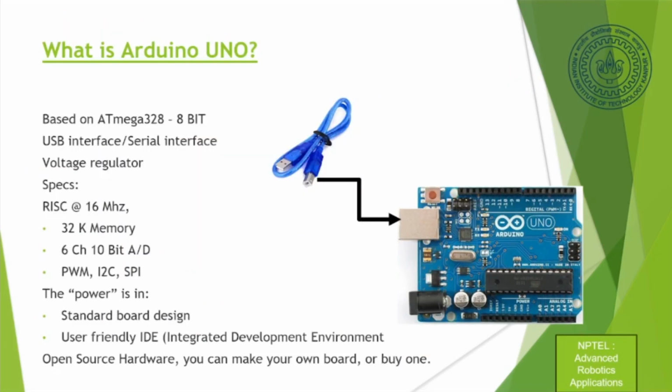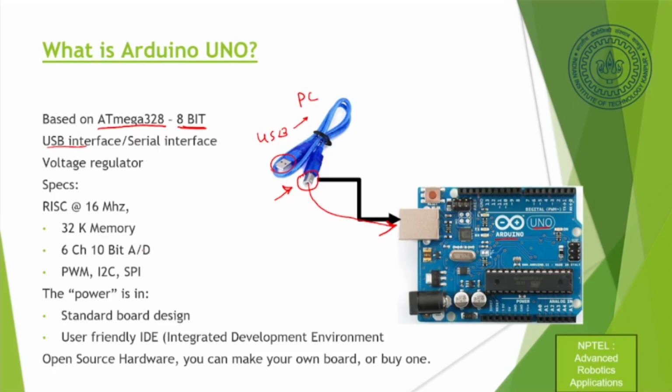Now we are using the Arduino Uno board, so you can see the name here, Arduino Uno. This Arduino Uno 328 is the microcontroller. It's an 8-bit processor. It has a USB interface. You can look at this here. This is my USB connector. This side of it will go into the microcontroller, and the other end is a USB-A connector, which will go onto your PC. So you can connect your microcontroller to the PC by using this wire or this connector.